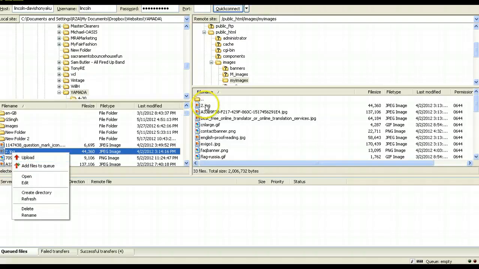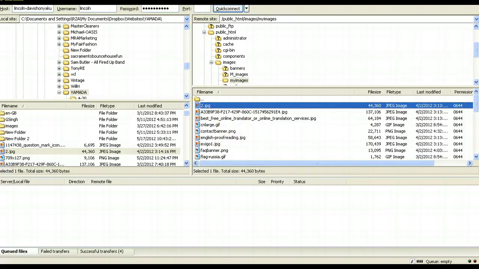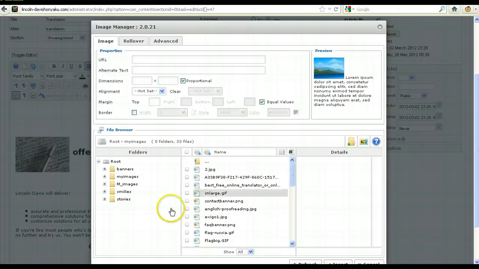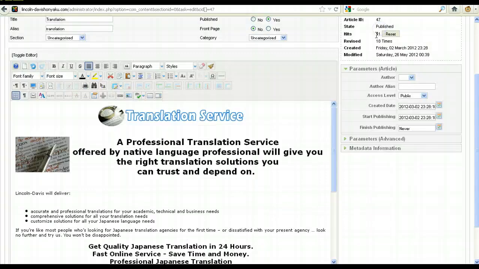Once you click Upload, it will be over here and you can then use it in the editor to insert into your page. So that is how you set up images on your web host to be able to put in the pages